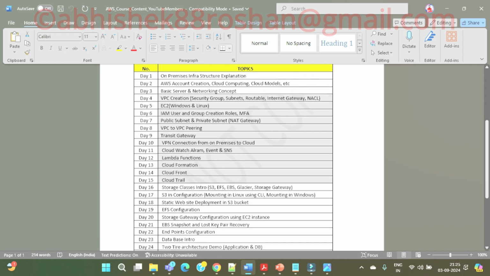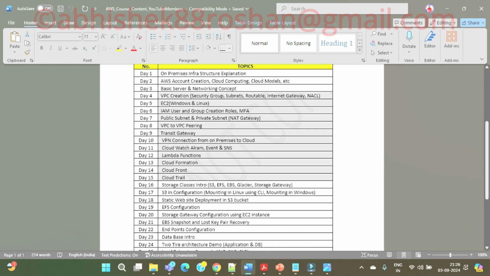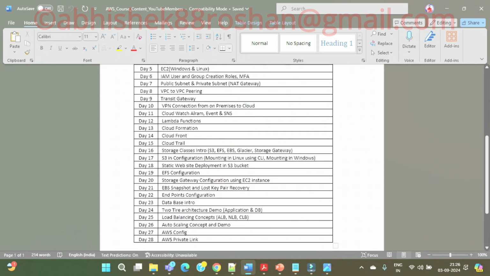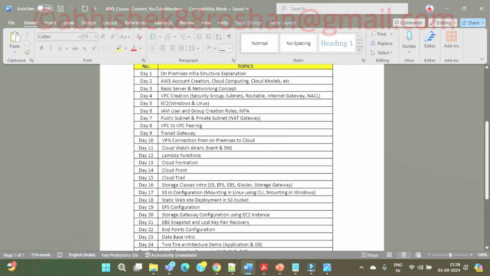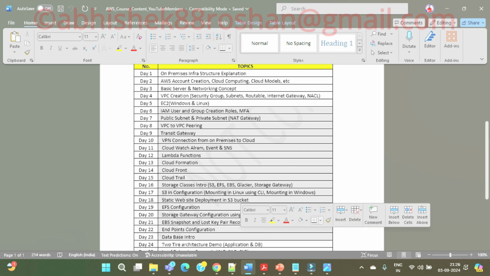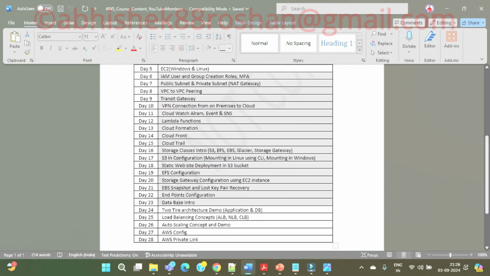From here, everything will be hands on, guys. There will be an explanation of what a VPC is, and then we can immediately create a VPC. Okay, how we can create the security group, the subnets and route table and all. Most of the things from here you can see we are going to cover with hands on. And in between there will be real time projects, and at the end of this AWS there will also be a project. So this is the course content, guys.